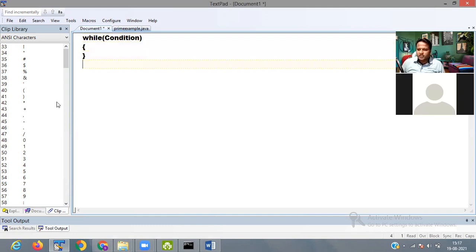If your condition is true, the statement within the while loop is executed. But in the case of do while loop, first the statement is executed.